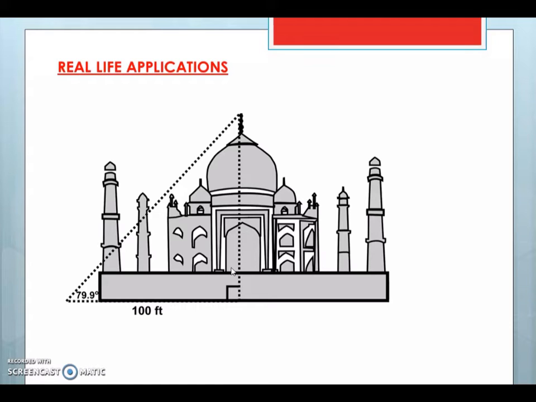So, in that case, if you want to measure the height accurately, what you do is, horizontal distances are easier for you to measure. So, a person, if he stands at this point and measures the horizontal distance between this point to this point and views the top of this building, this top of this monument, this angle, if you come to know, then you can find this height easily. You know that tan theta is perpendicular by base, opposite by adjacent. So using that, you know the adjacent side, you know the angle, you can find the vertical height.